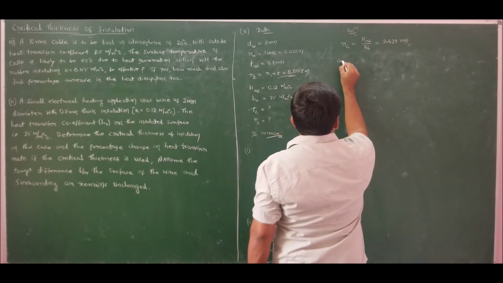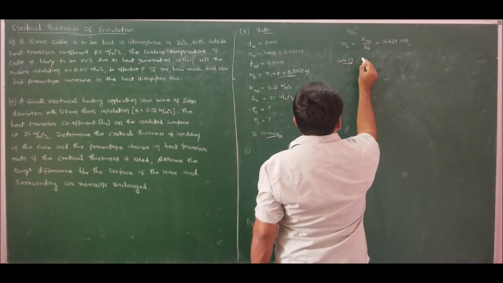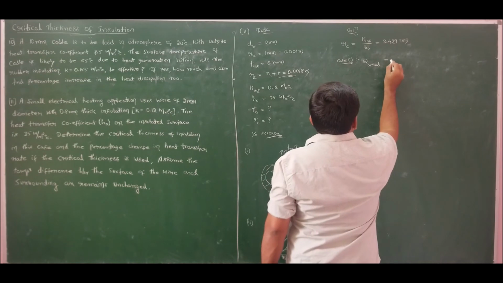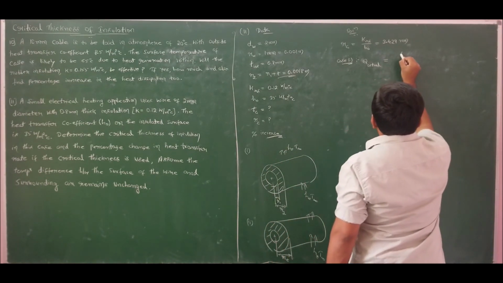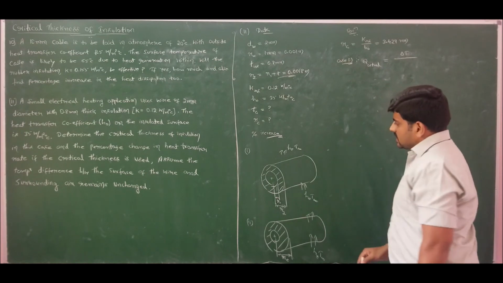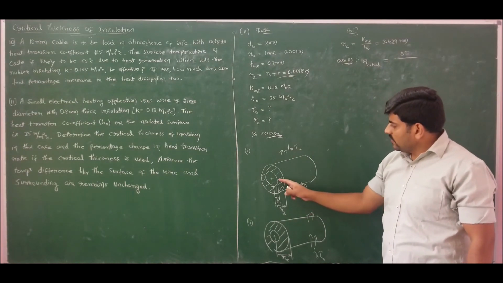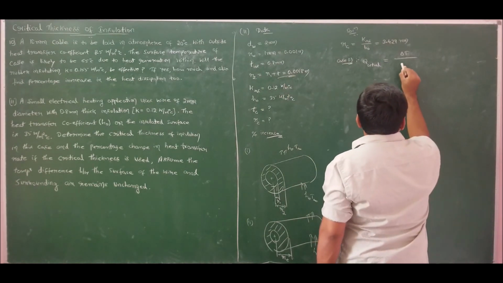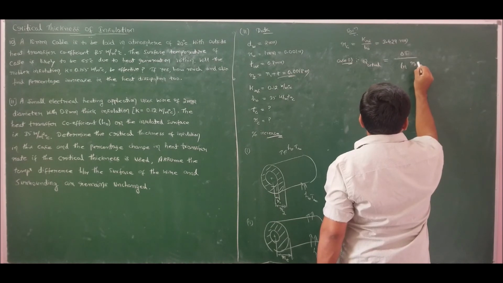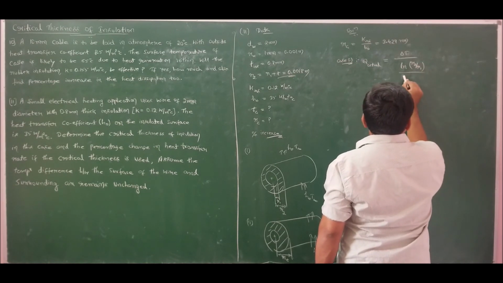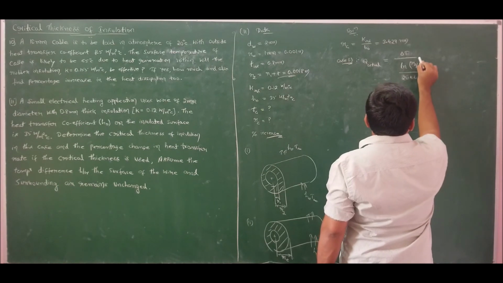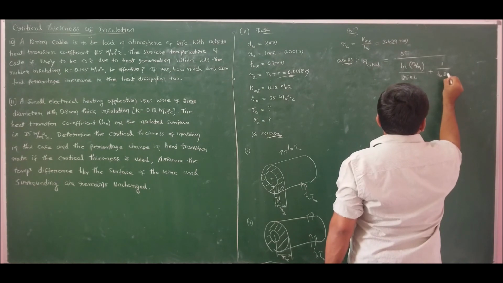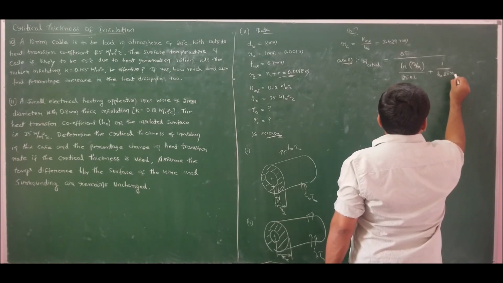If I solve for case 1, that is Q actual. Q actual is given by delta T divided by resistance due to conduction and resistance due to convection, where the radius is nothing but R2 in this case. That is, conduction resistance is ln of R2 by R1 divided by 2 pi KL, plus convection resistance is 1 by H naught 2 pi R2 L.